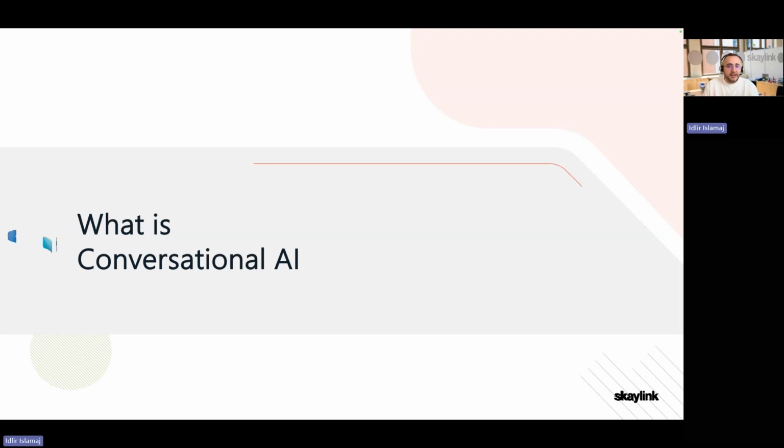Then what is generative AI? Generative AI is aimed at creating new or original content, while conversational AI is aimed at enabling dialogue interaction. So you see the difference? The bots we build with Copilot Studio are probably the most common example of conversational AI. Now that the concept is a bit more clear,